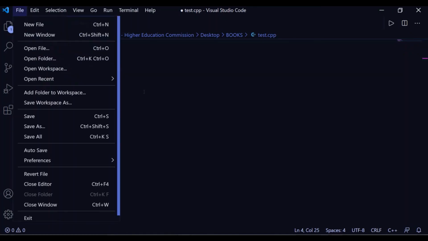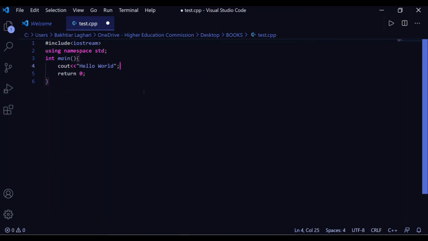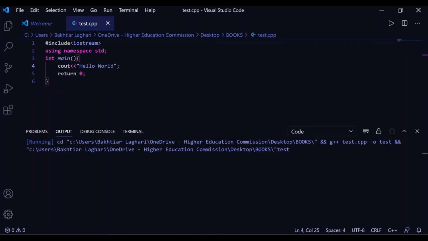Click on file save, or type keyboard shortcut Ctrl+S. Once you do that, the white circle will turn to this cross. So once you do that, click here, this play icon. Once you do that, it will try to compile and run your C++ program. This is the output that we get.